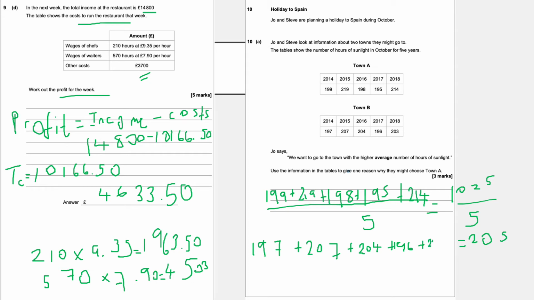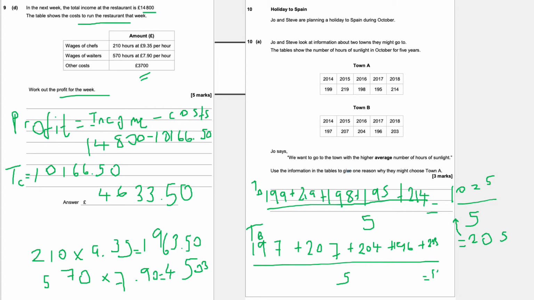And if I divide this by 5, so that's going to be Town B, and that's Town A, guys, just to be clear. So that answer there is from that one there, so it's not part of this answer here. So, working this out, 197 plus 207 plus 204 plus 196 plus 203, I get